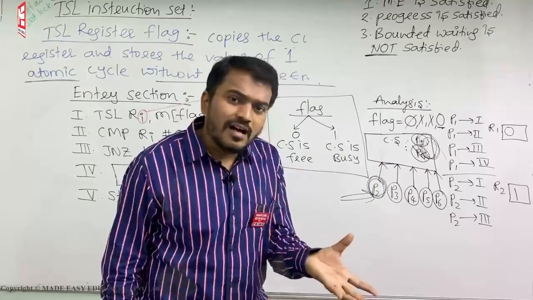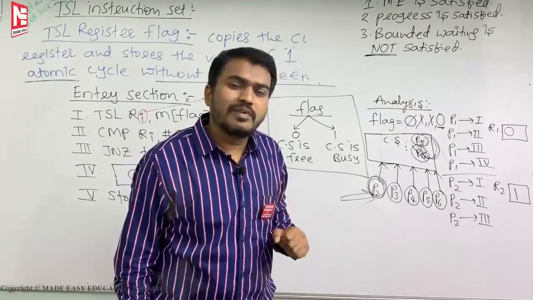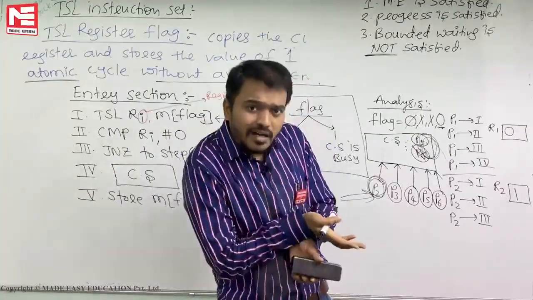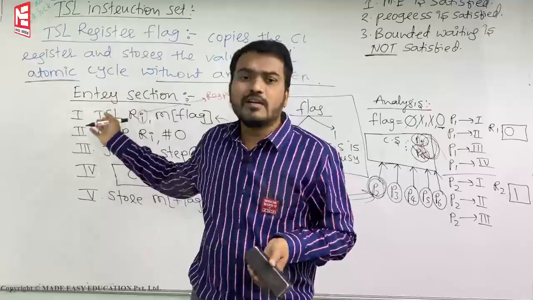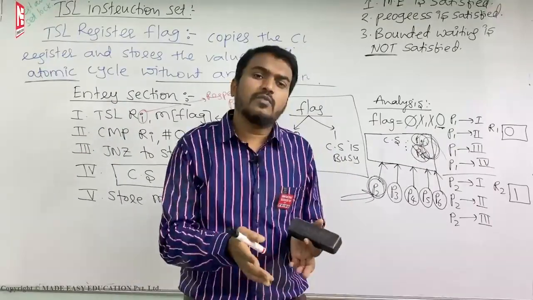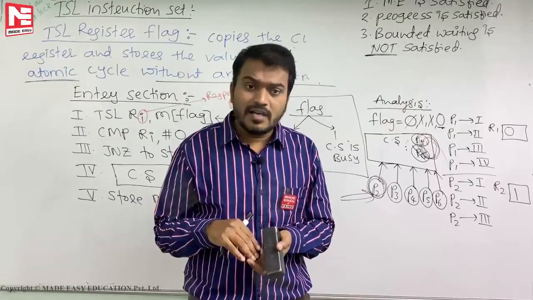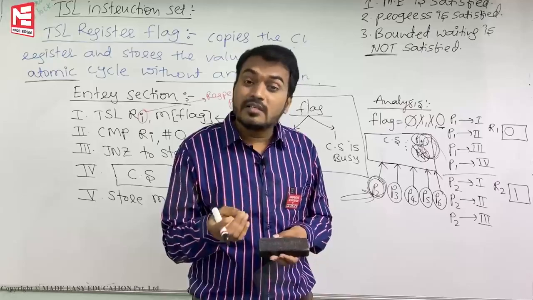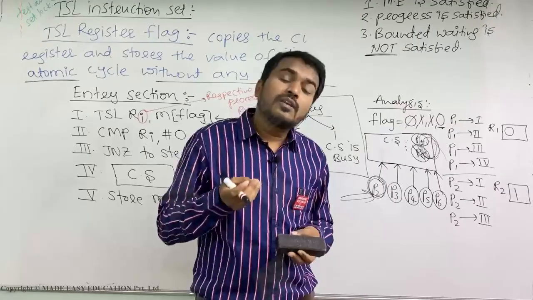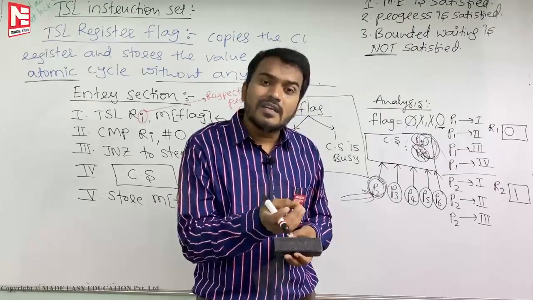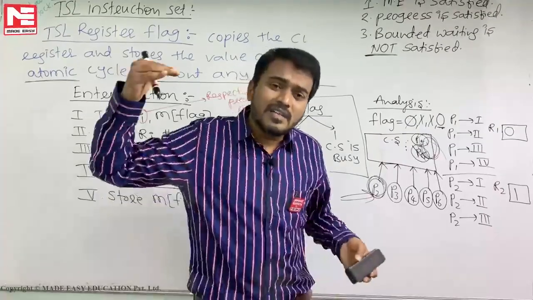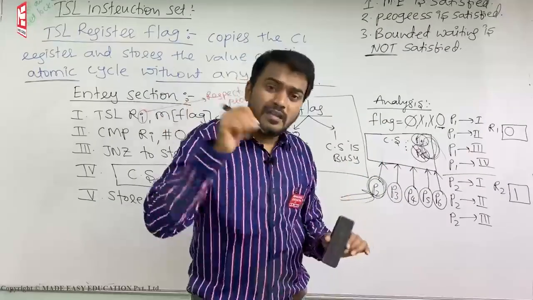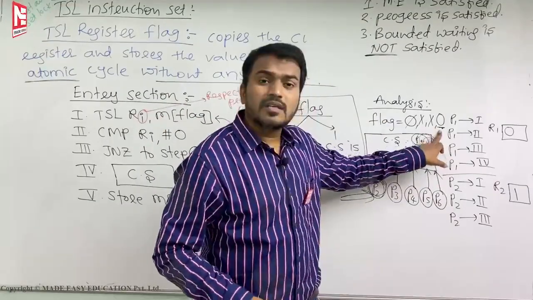सो जब वो चांस दिया, समझो उसको फ्लैग वैल्यू हमेशा 1 मिल रहा है, 1 मिले तो क्या होगा? इसी में घूमता रहेगा। राउंड रॉबिन ने चांस तो दिया चलने के लिए, मगर इसी में घूम रहा है, फ्लैग वैल्यू 1 है, उसका टाइम क्वांटम खत्म हो गया तो वापस रेडी क्यू में आ गया, राइट? सो राउंड रॉबिन पक्का क्या करता है? चांस तो देता है, शेड्यूल करने के लिए, एग्जीक्यूट करने के लिए, चलने के लिए मौका देता है, मगर क्रिटिकल सेक्शन के अंदर जाने के लिए राउंड रॉबिन कुछ नहीं करता है। ओके, क्रिटिकल सेक्शन के अंदर जाने के लिए फ्लैग वैल्यू क्या होना चाहिए? 0 होना चाहिए।